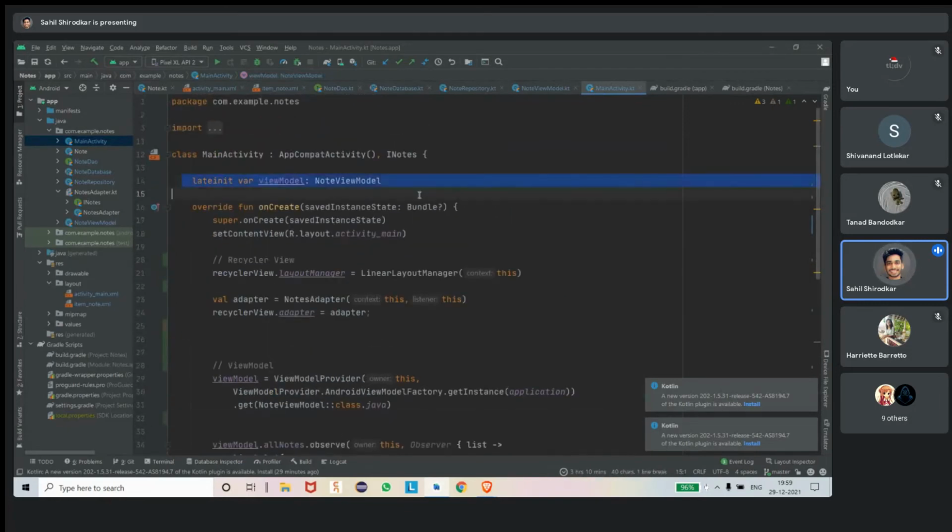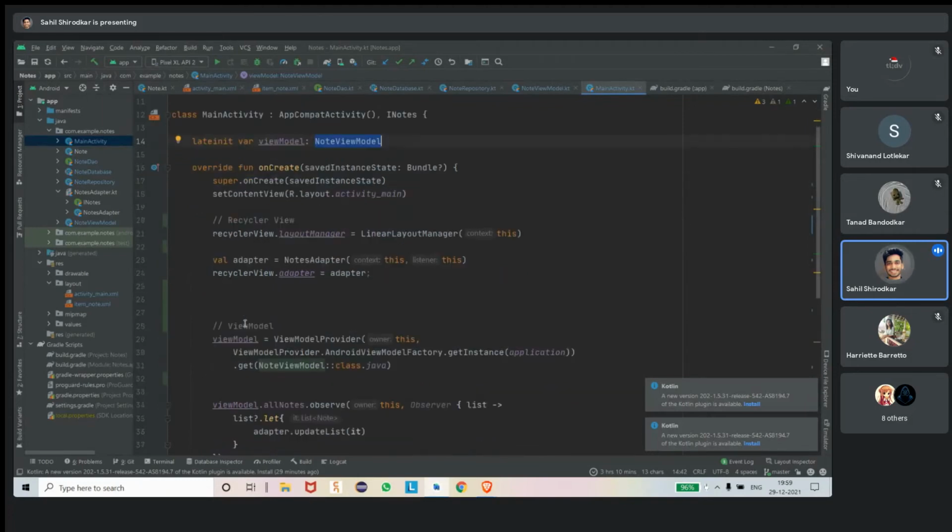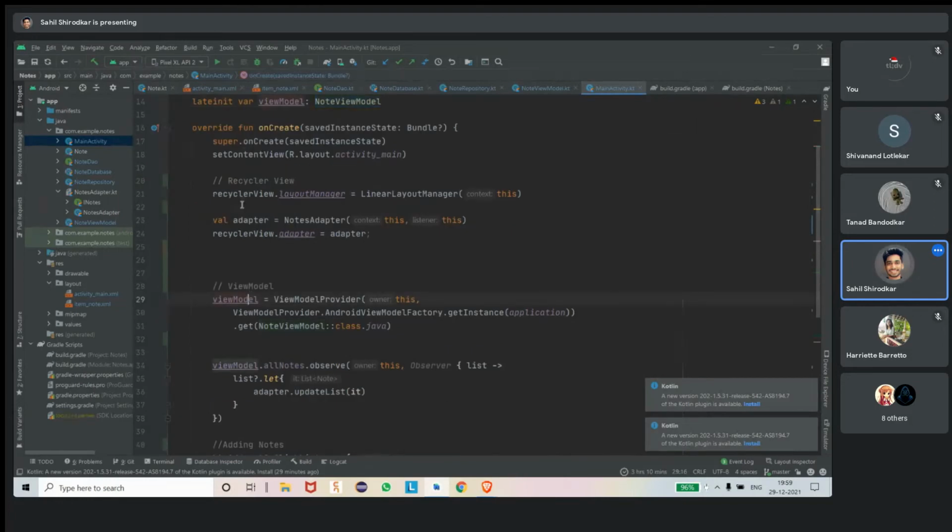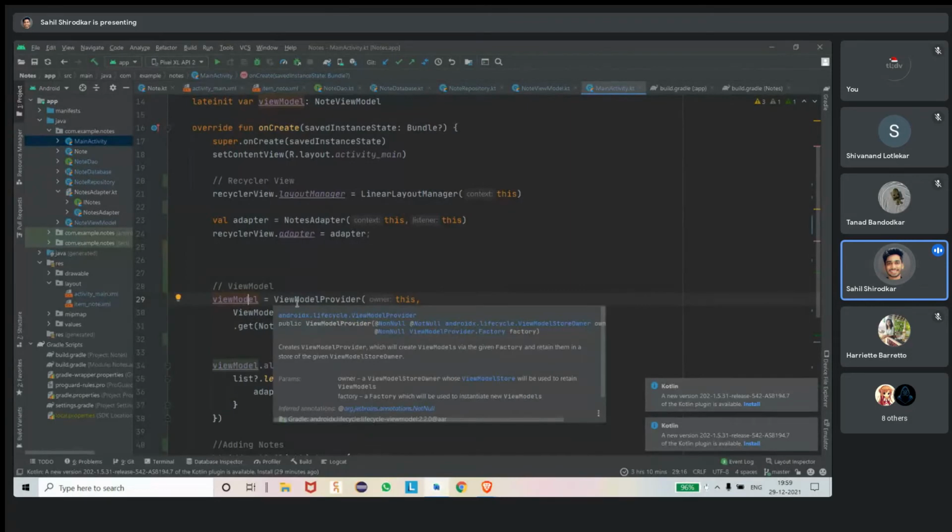You guys can see at the top, I have written var view model, that is node view model, and lateinit. Lateinit means that I don't want to initialize that thing now. I want to initialize it later whenever I am working. So I'm initializing the view model. Whenever we initialize the view model, we don't initialize it with the class, because view model works with the Android system and the life cycle.